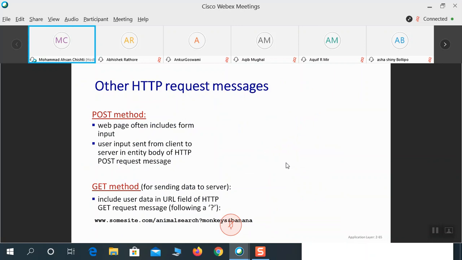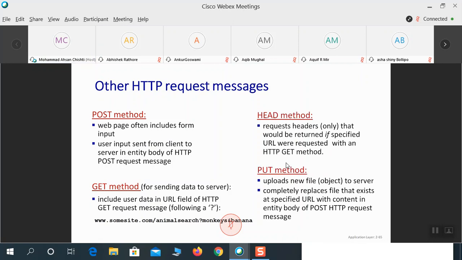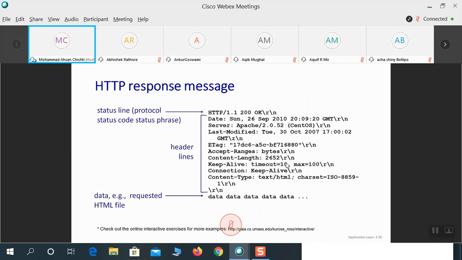And likewise, we would have a response message as well. This is the HTTP response message. The first thing within it mentions the protocol. Let's say you made a request to a server and the server is replying back saying I'm using HTTP 1.1.